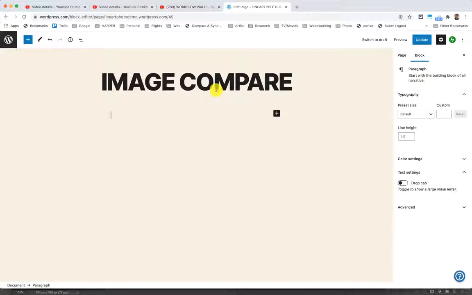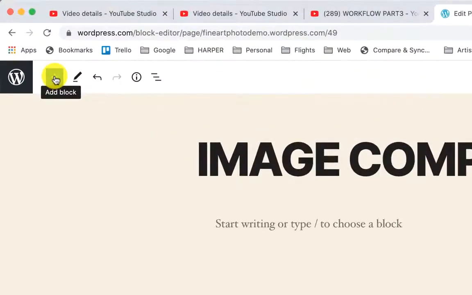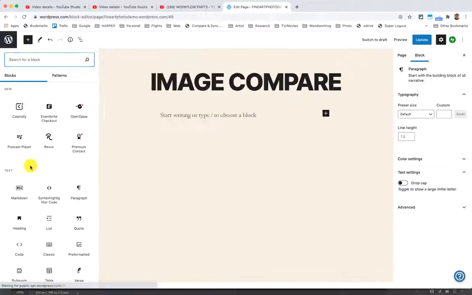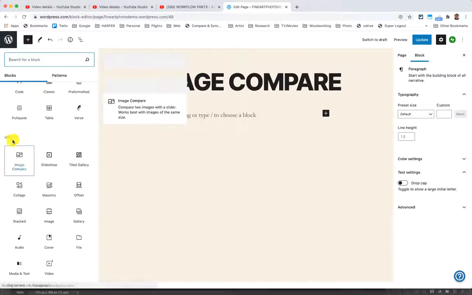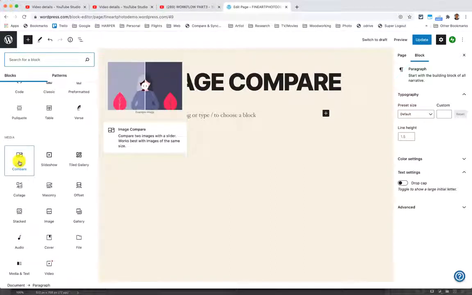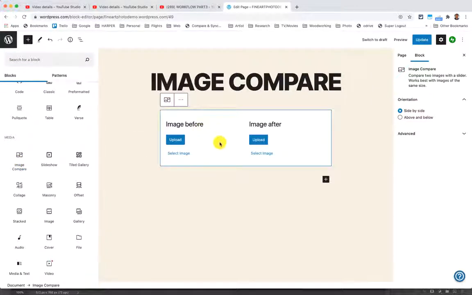So we're in WordPress, and you have these add block icons, these symbols that are plus icons, and up here as well. I'm going to select this one up in the top left corner, and I'm going to scroll down to where I see the header media. And in media, one of the first ones you see here is called Image Compare, and it shows a preview or example image of a slider. So if I select that, it's going to give me a block in my page for uploading a before and